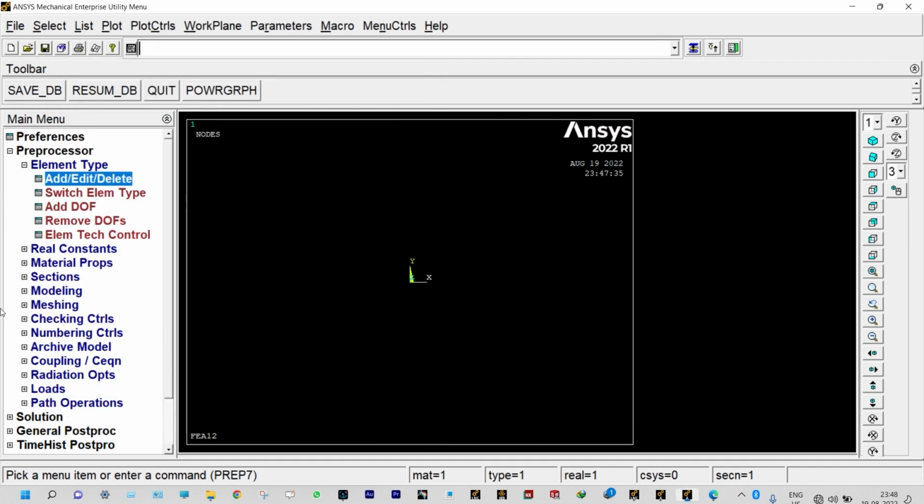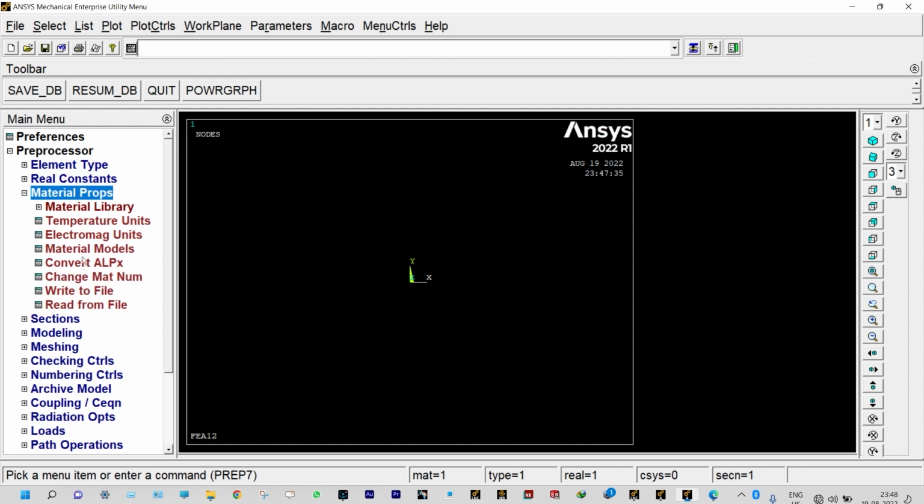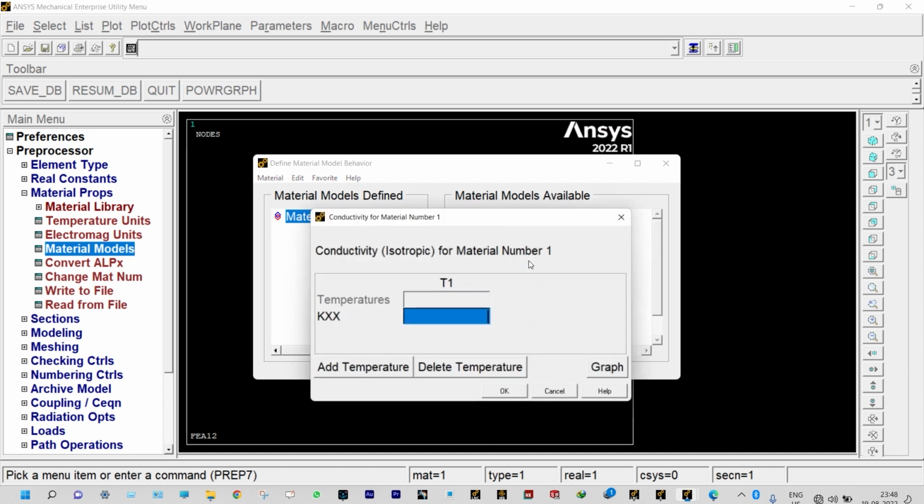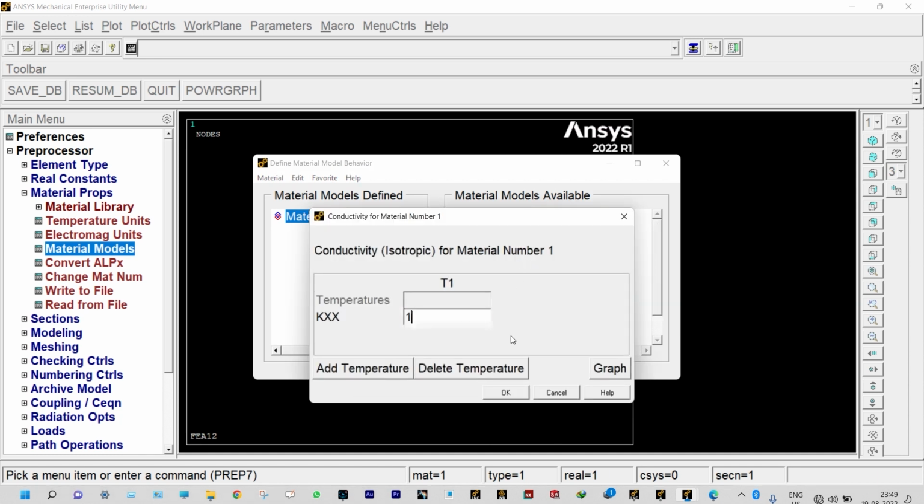Next to that we need to provide material properties. Material models, thermal conductivity, isotropic. Thermal conductivity is 1.7307 watt per meter degree centigrade, right? Okay,